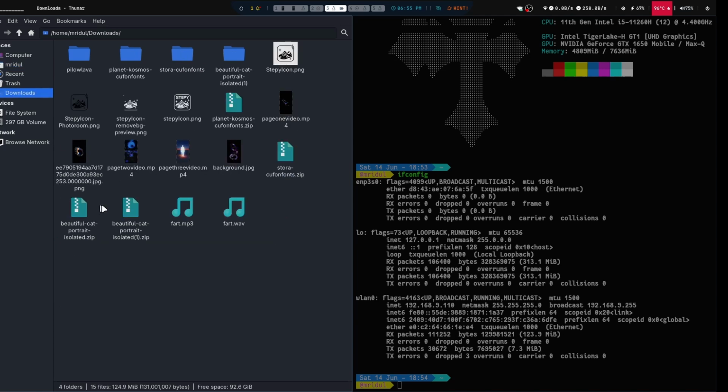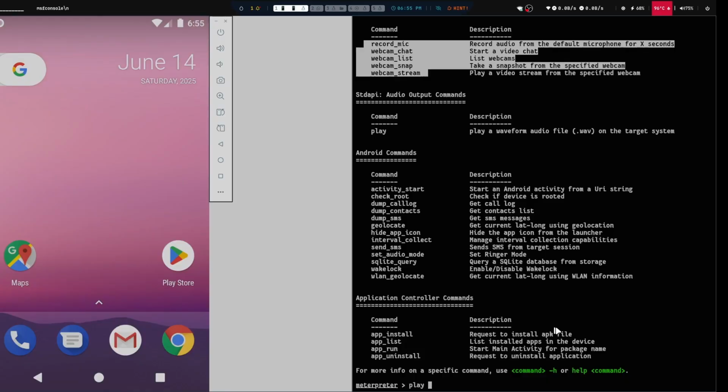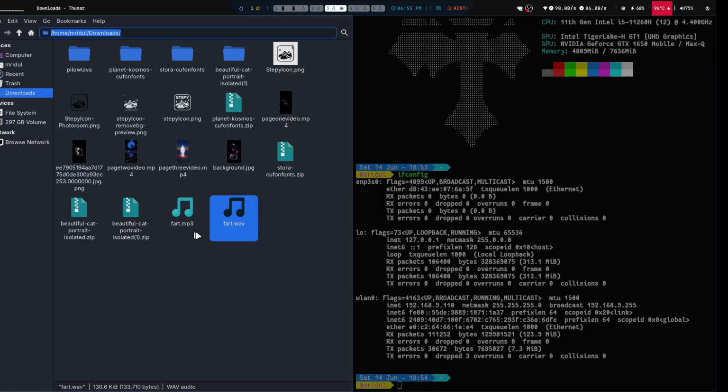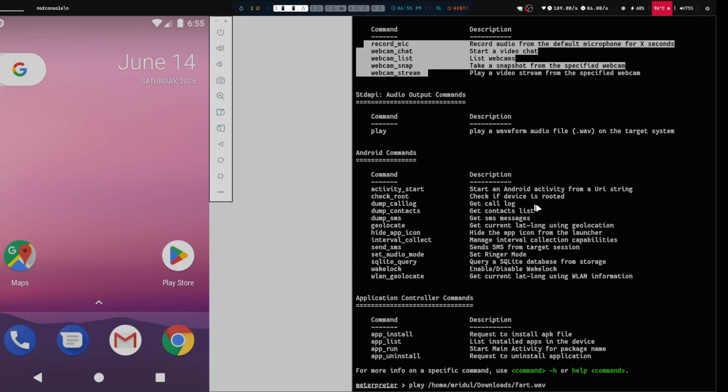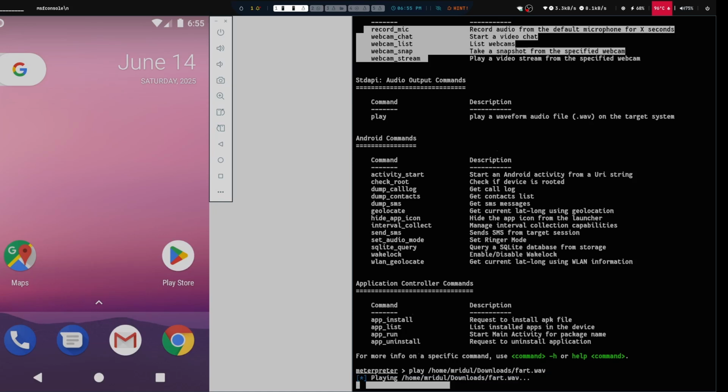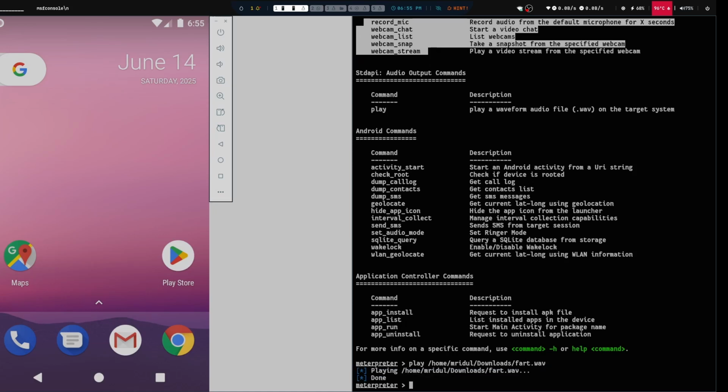Yep, this. It only takes a file with the WAV extension. So I'm gonna copy this path and paste it, and after this, the file name. Yep, it's the same. If I press enter, you will see something interesting, that actually played.